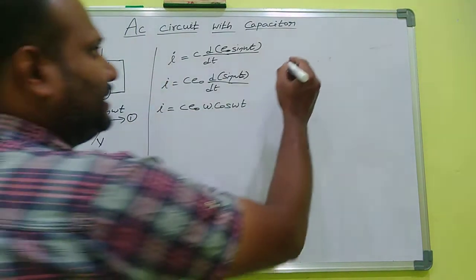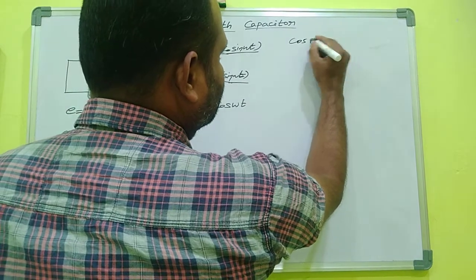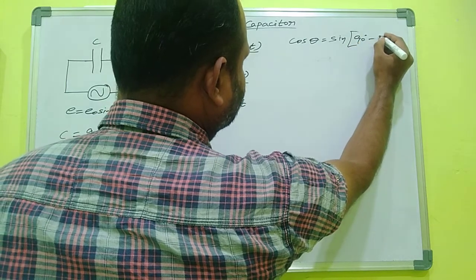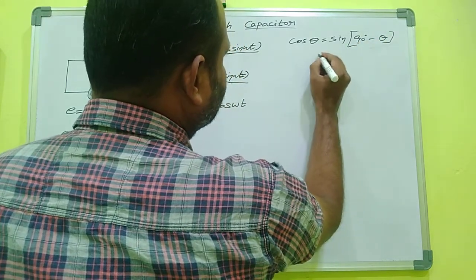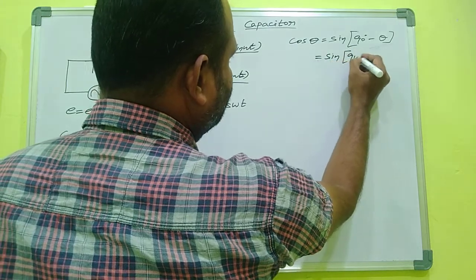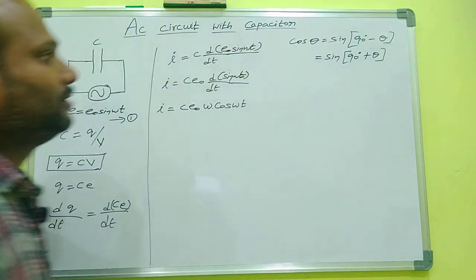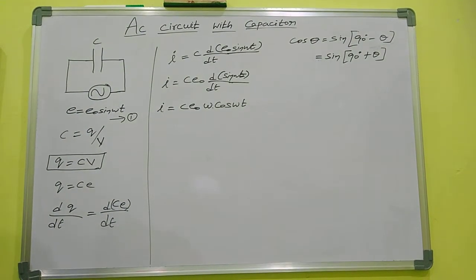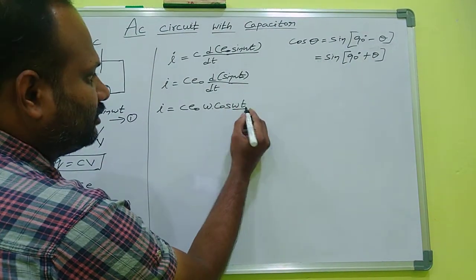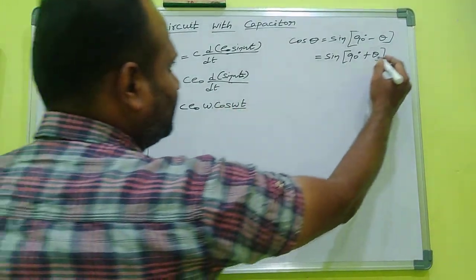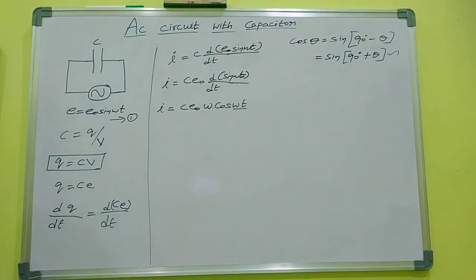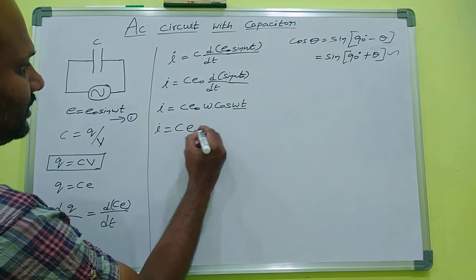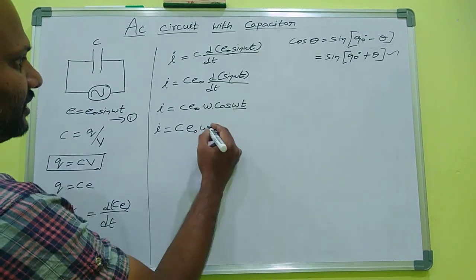There are two formulas: sine of 90 minus theta and sine of 90 plus theta, both are cos theta. But here theta equals omega t and cos omega t is positive, so we take cos theta equal to sine of 90 degrees plus theta. So I is equal to C E naught omega, and instead of cos omega t we can write